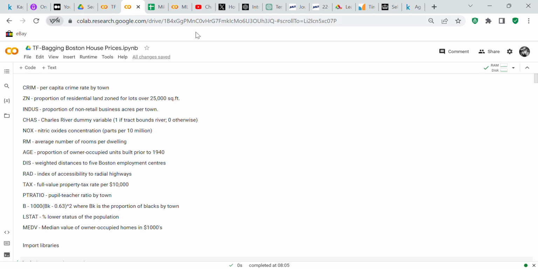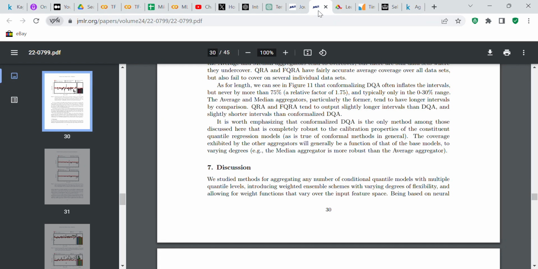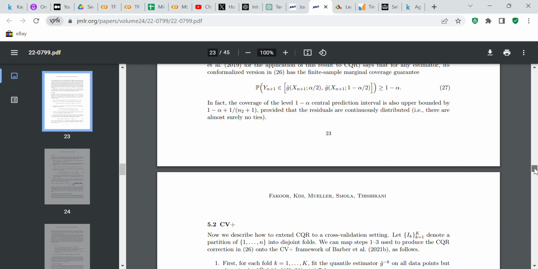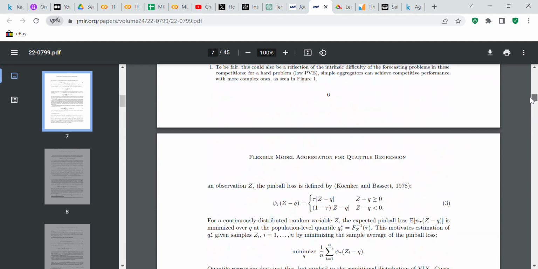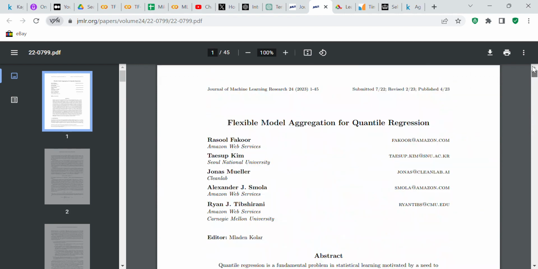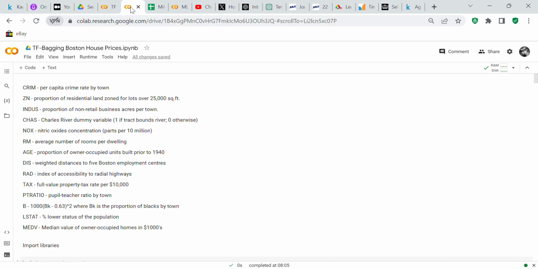The reason why I wanted to do that is because I've been looking at this research paper called flexible model aggregation for quantile regression. So I'm not really doing quantile regression, but I'm doing aggregation just to see how it performs against a single